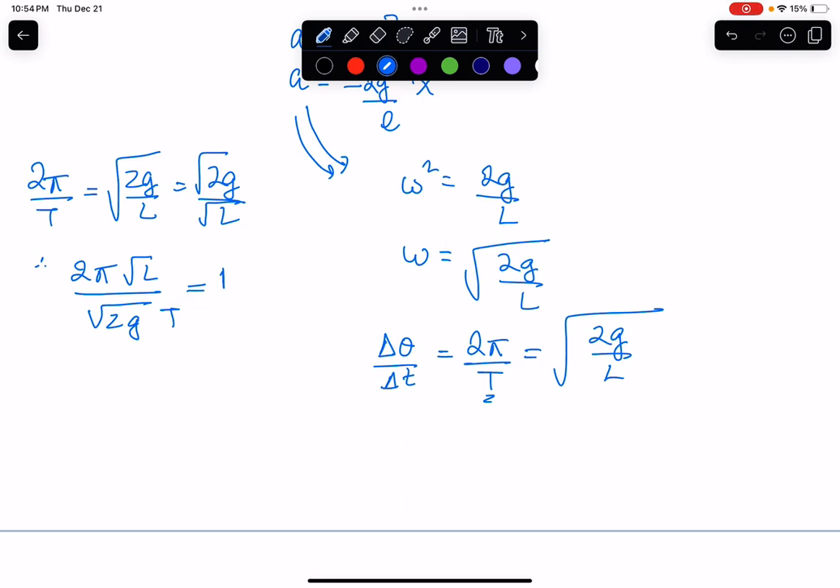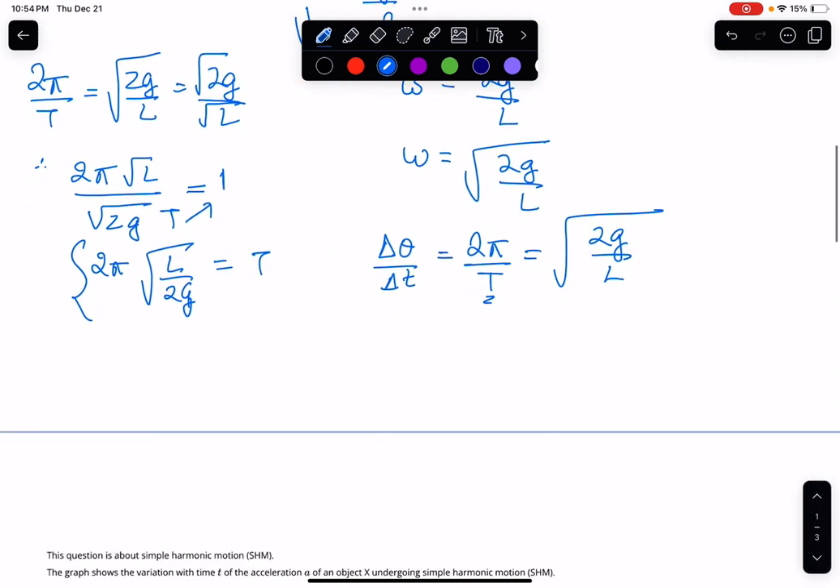Okay, so you're just doing cross multiplication, and in this case you can take the t upstairs, so you can get that 2 pi times the square root of L by 2g. Okay, this becomes t. Okay, so this is what you get. All right,